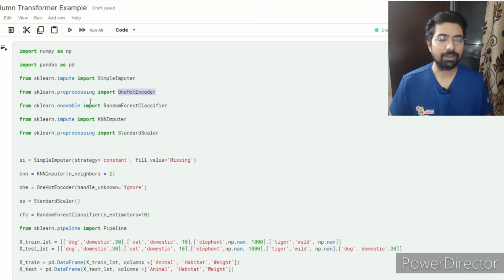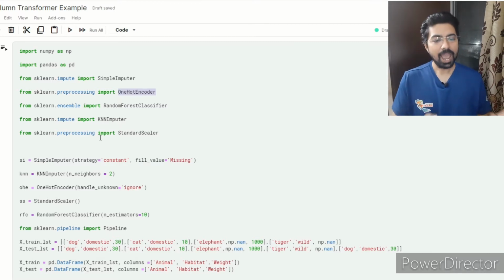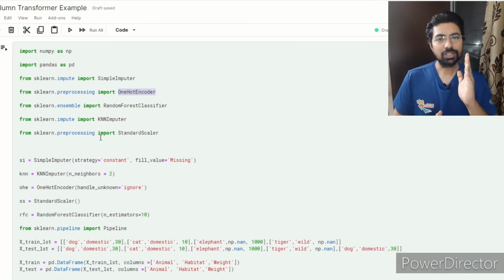That I have imported from the pre-processing library, and I need the standard scaler to scale the numeric data, taken from the scikit-learn pre-processing library. I have used a random forest classifier. Please don't concentrate on what I have used, just as an example.